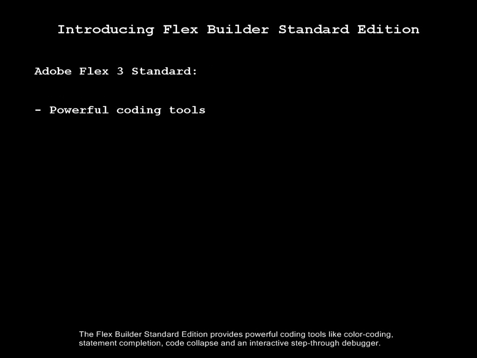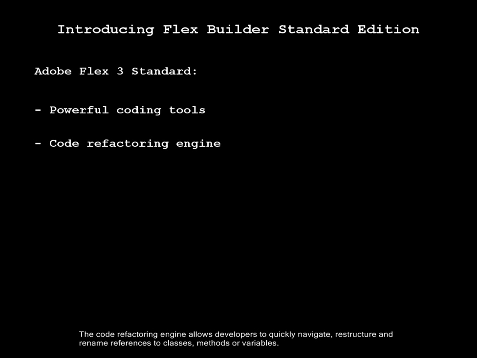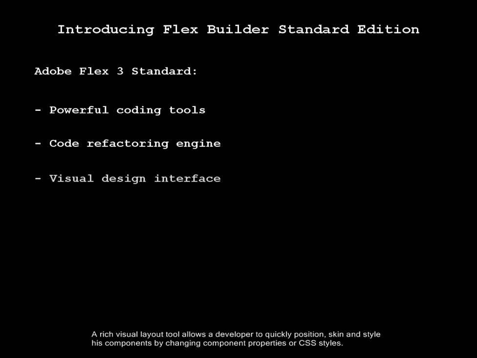The Flex Builder Standard Edition provides powerful coding tools like color coding, statement completion, code collapse, and an interactive step-through debugger. The code refactoring engine allows developers to quickly navigate, restructure, and rename references to classes, methods, or variables. A rich visual layout tool allows a developer to quickly position, skin, and style his components by changing component properties